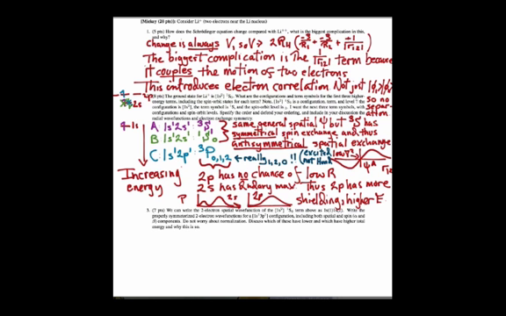I want you to write the properly symmetrized 2-electron wave function for a 1s1 3p1 configuration. So 1s1 1s2 is properly symmetrized because I exchange 1s1 and 1s2, and I have 1s1 and 1s2. We want the properly symmetrized 2-electron wave functions for 1s1